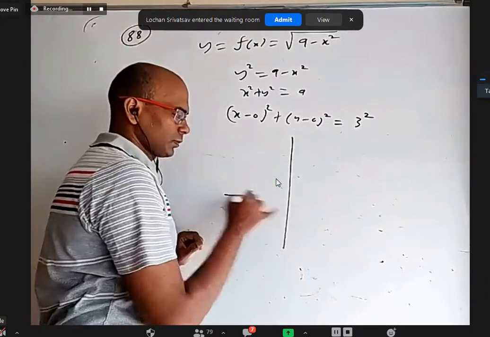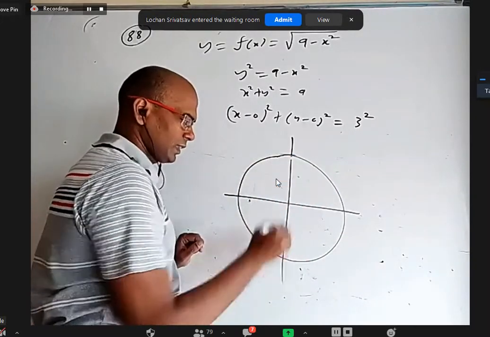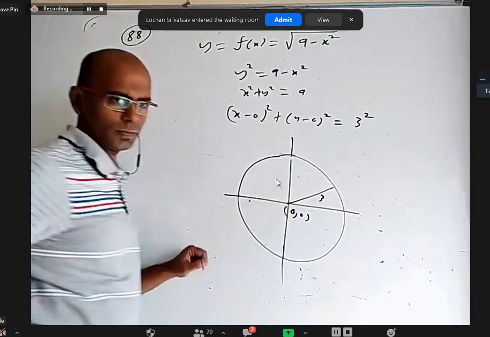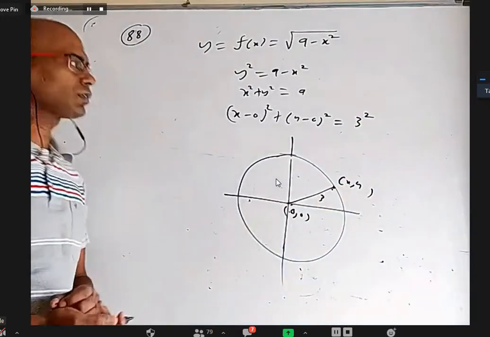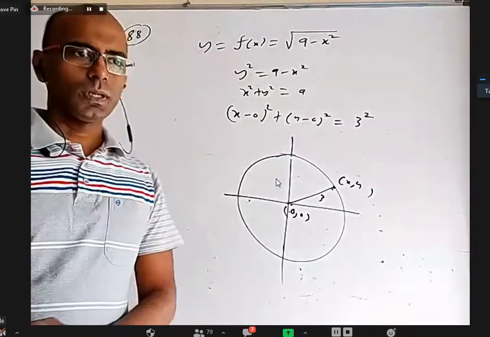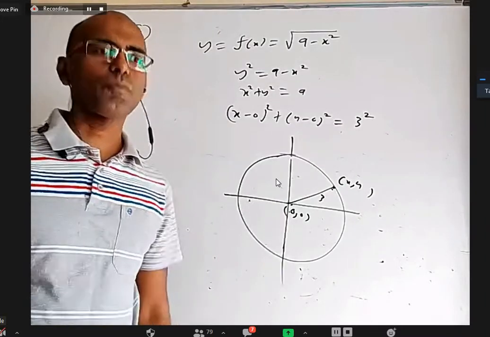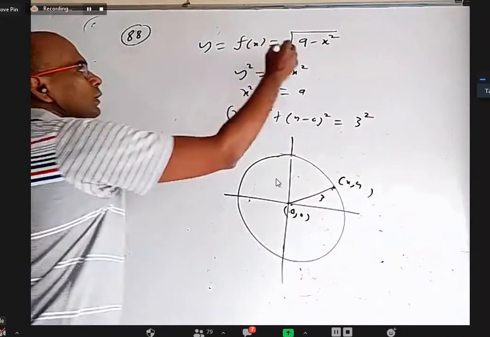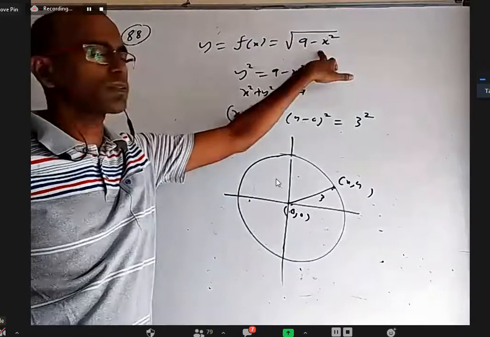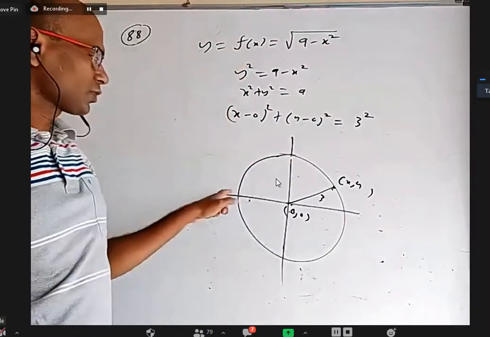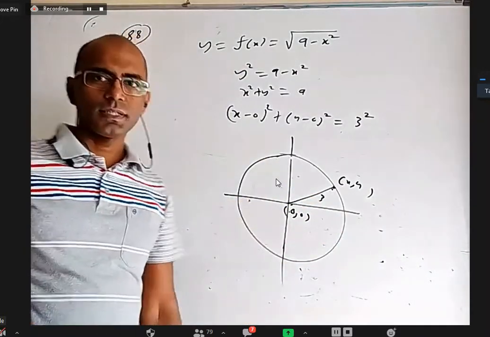If there is a circle with the center origin and the radius 3 units, you take any point on that circle as (x, y), the distance between these two should be 3 units. So that is exactly this equation or this equation. So actually this graph is a circle, but not a full circle. It is only the upper semicircle. Why? Because it is always positive. Root of something, x can be negative or positive, but root of something is always positive. So the y coordinate should be positive. So I should take only the upper semicircle where the y coordinate is positive and neglect the lower semicircle where the y coordinate is negative.